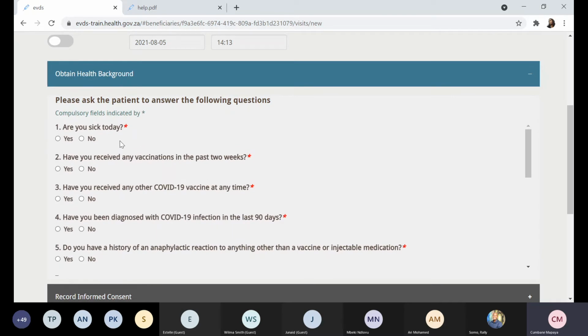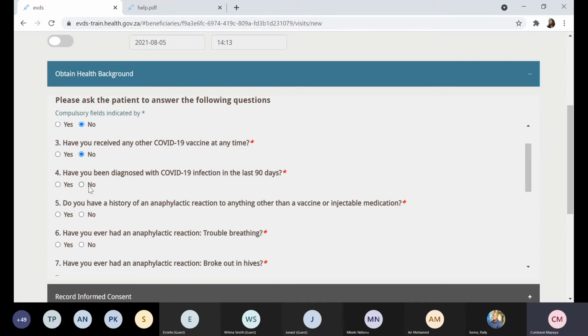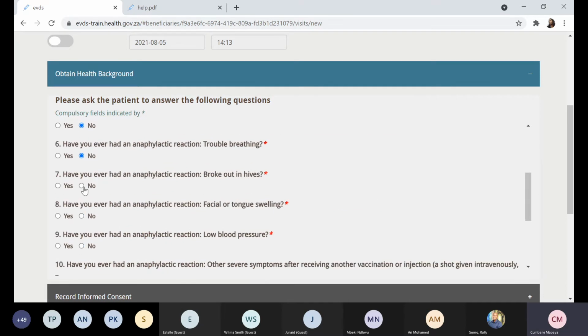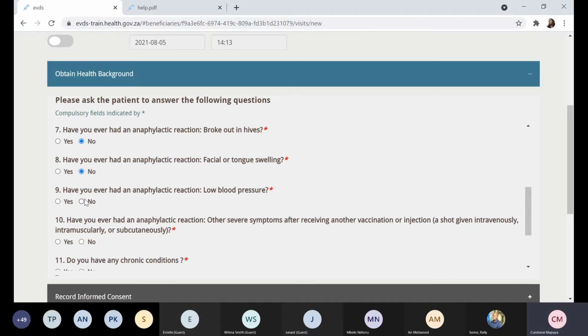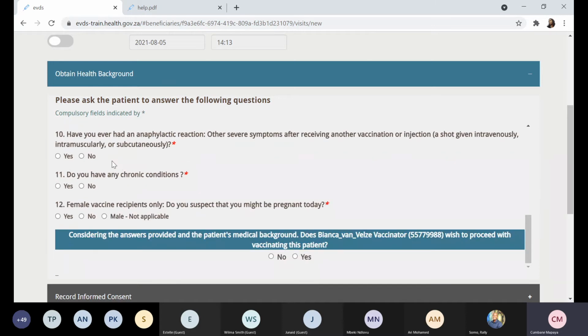So for the sake of this demonstration, the patient is answering no to all of the questions. They are not sick, they haven't received any vaccines, and they're not diagnosed with anything. It's a no, no, no, no, no, for the sake of time, so that we move on. And if ever they answer yes to any of the questions,